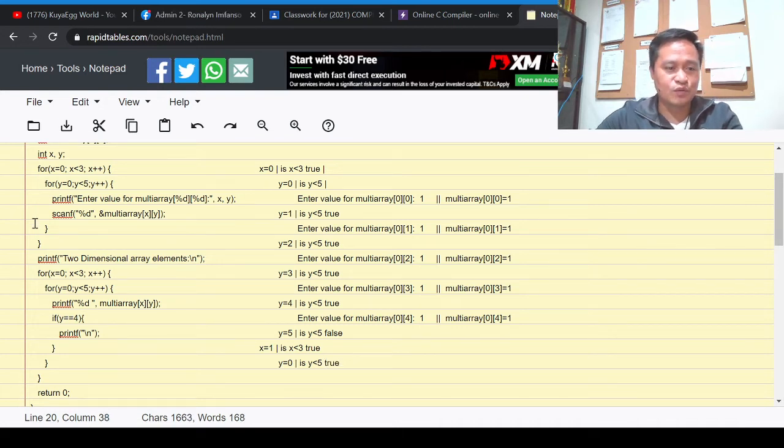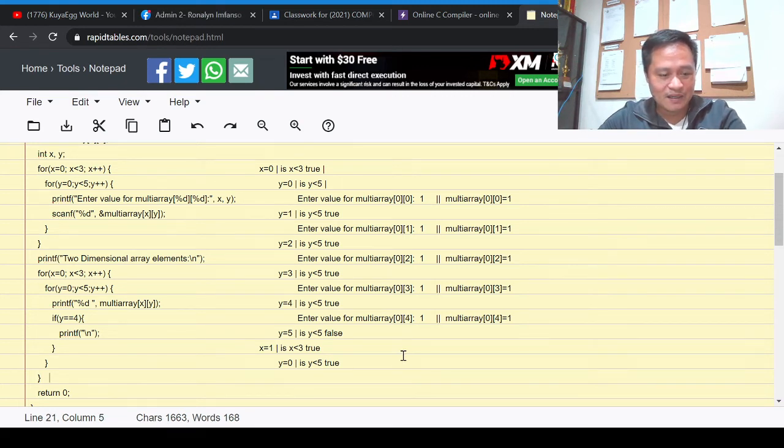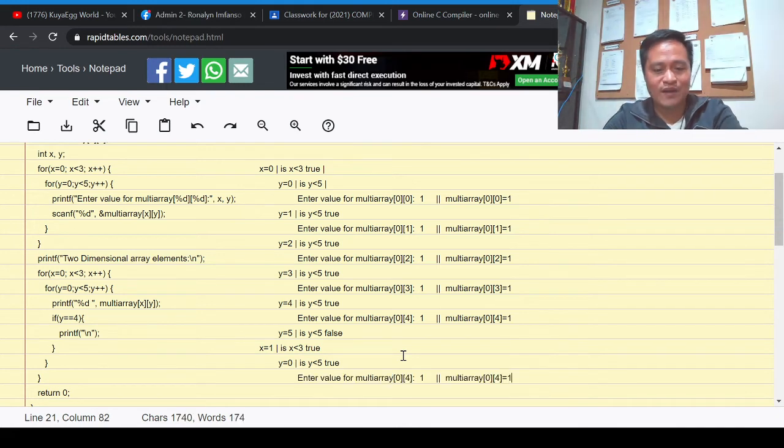Since the condition is true, perform this one, enter value, then ask for a value. So again and again, we'll try to copy this one, Control C, and then it will ask for a value again, and this time instead of 0, 4, it will become 1,